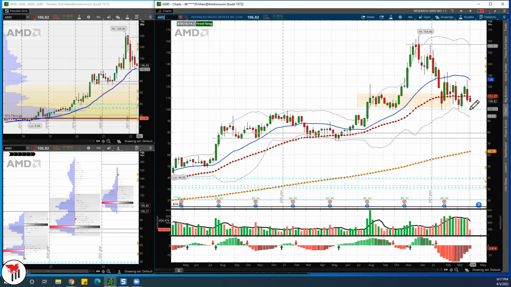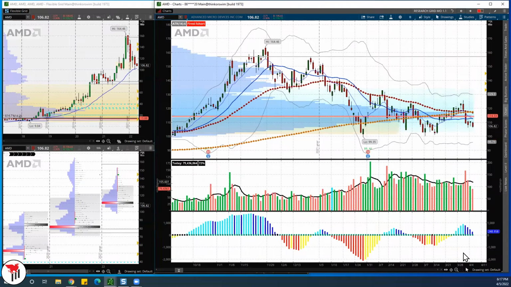We should go to 100. Now we break 100, where do we go? I'm going to go to my daily chart, and if we break 100, oh my God, we go 95, 90. Now we come right here, we break 100. I'm looking at the monthly chart now. I'm back into the range, right? And we can totally go to 80 bucks.